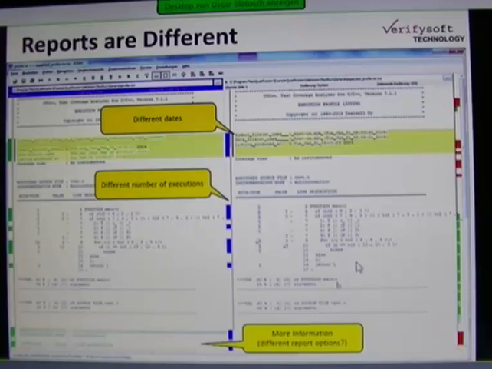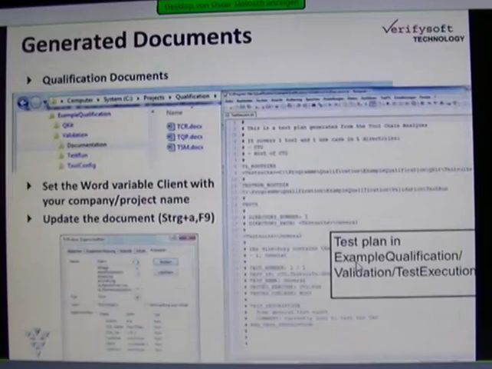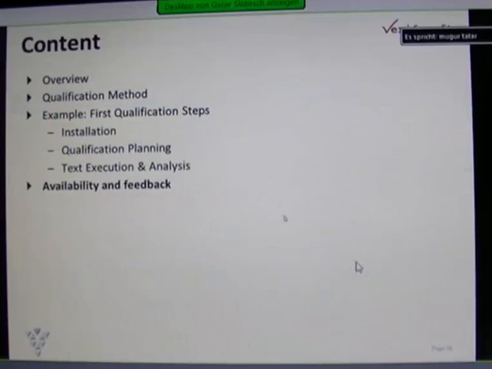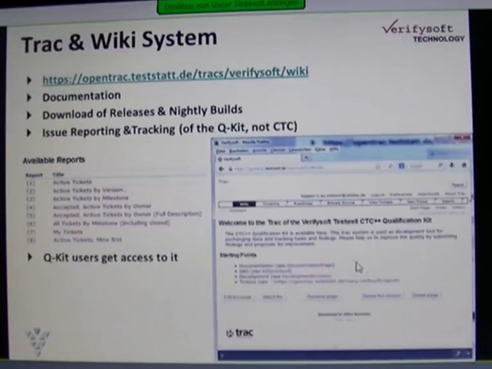Those are a little bit manual steps you need to do when you write your tool qualification report. You go through all of those steps and say, well, they are passed, and even if they fail, they are okay, because the main information is the coverage, and this is okay. Well, that's, I think, everything to know on the CTC qualification kit from its abstract point of